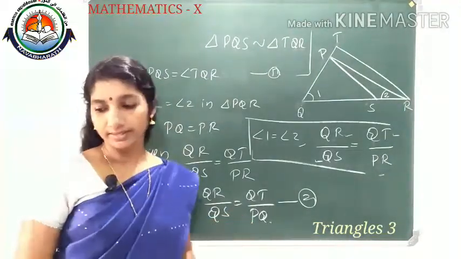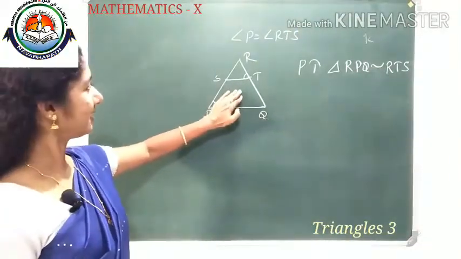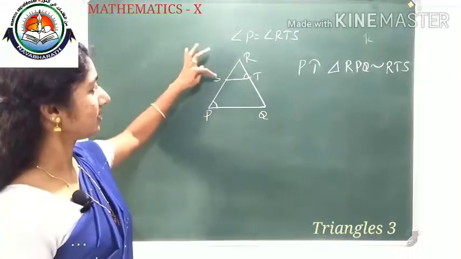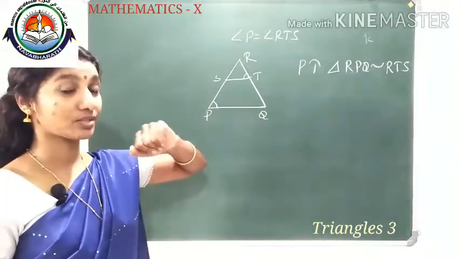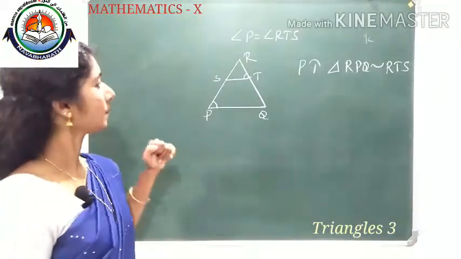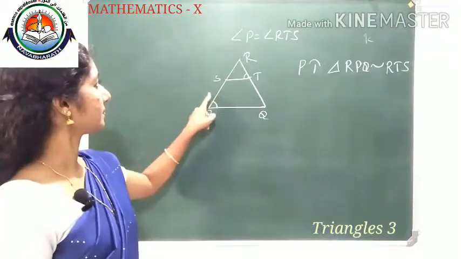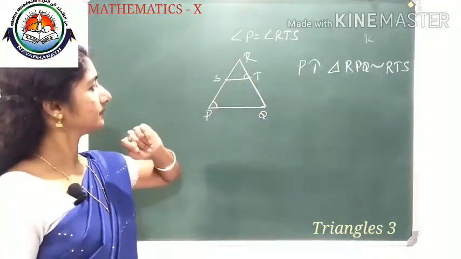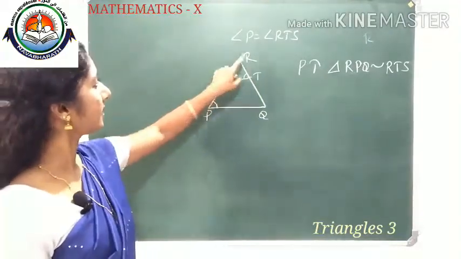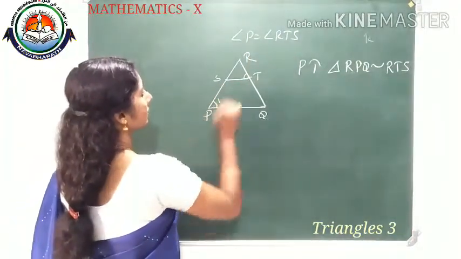Okay. Then next, here one problem is given. See the figure. In the figure, PQR is one triangle. The figure is not given in the question. Figure means read that question. This is question number 5 from your textbook. So PQR is one triangle, S and T are points on PR and QR, and it is given angle P equal to angle RTS. That means this angle you can give as 1.